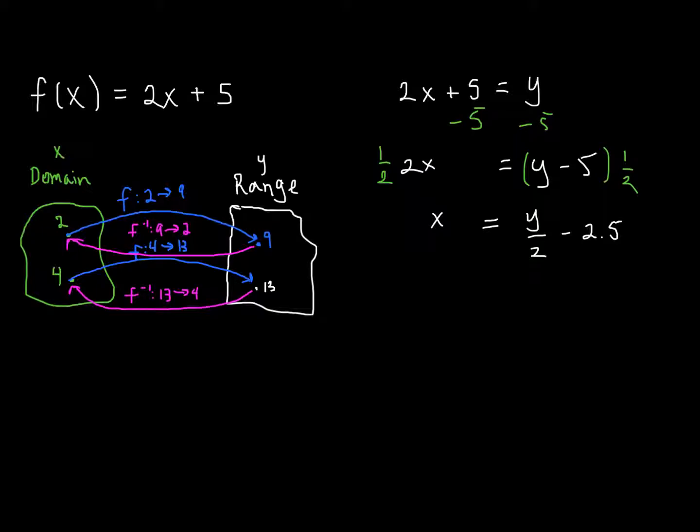And what you'll notice about the inverse function, f inverse, is that it takes as an input a value from the range. So you might think about writing it as f inverse of y is equal to y over 2 minus 2.5. All right. Now, there's one last thing that we need to do, and this is usually the place where